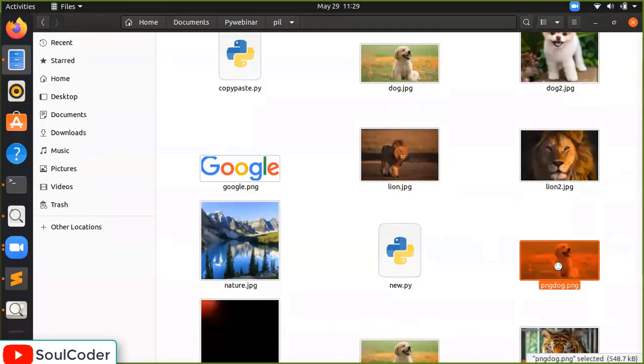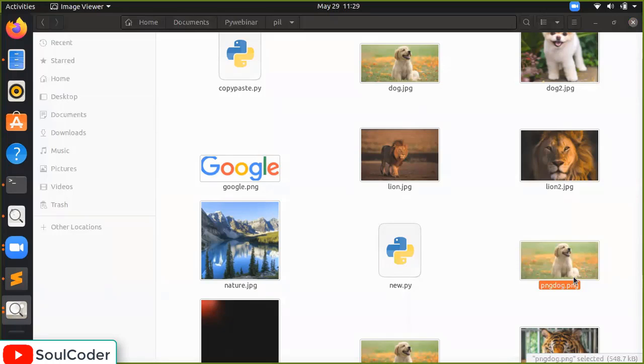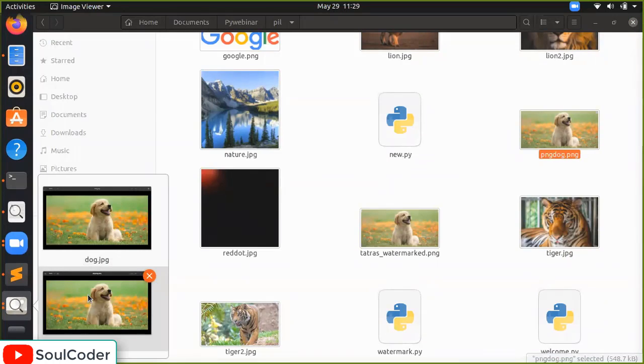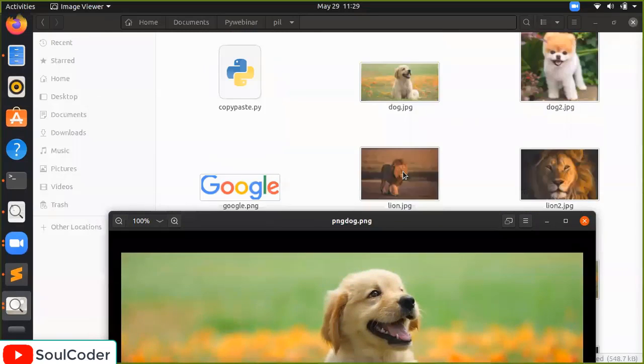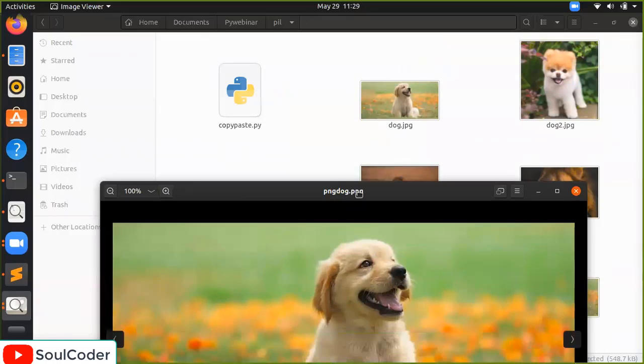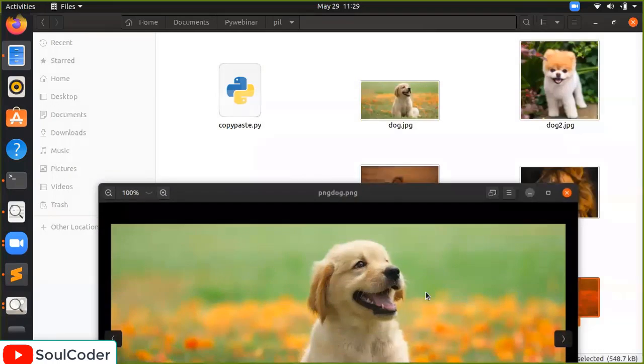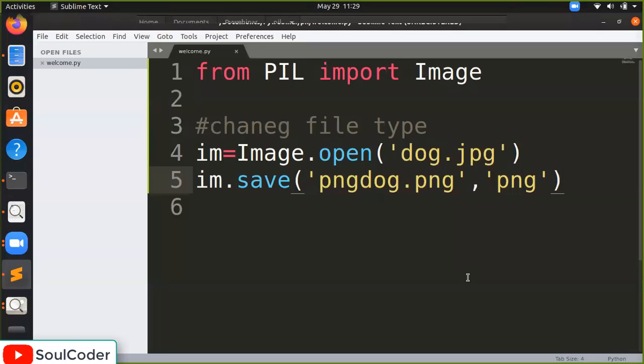If you can see, here is our other file. The extension of the file is png. The original extension was jpg, so we have another copy of the file. This can be helpful, because sometimes we want to convert a file type when we upload to some website or want to do some image operation and it doesn't support it. For example, to make the poster of today's webinar, I have to upload icons somewhere which are in png format. So I can use this here also.